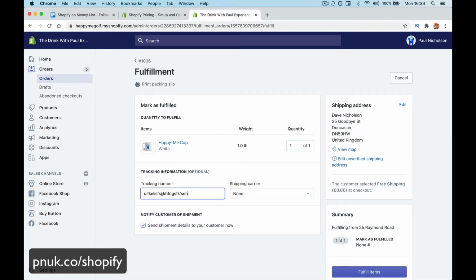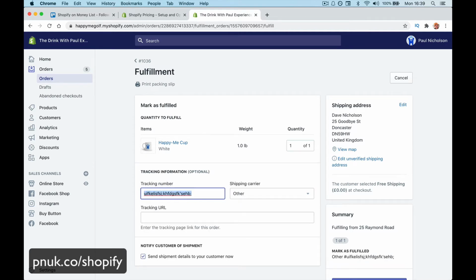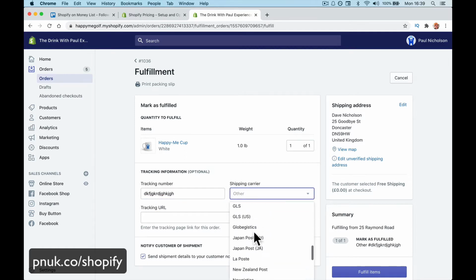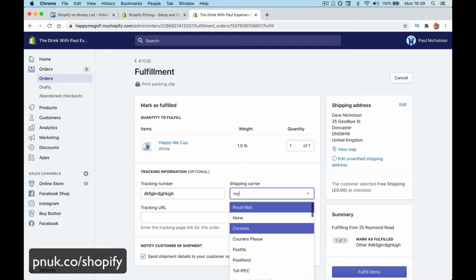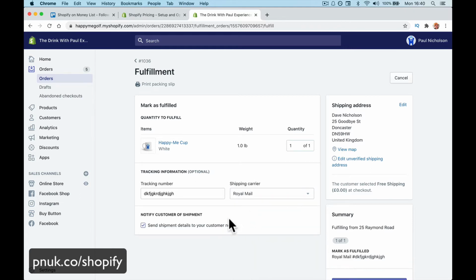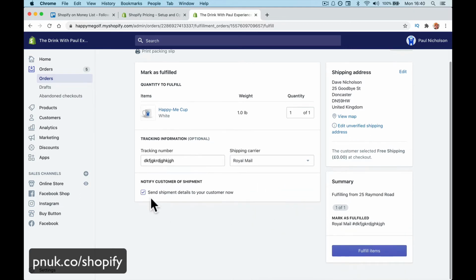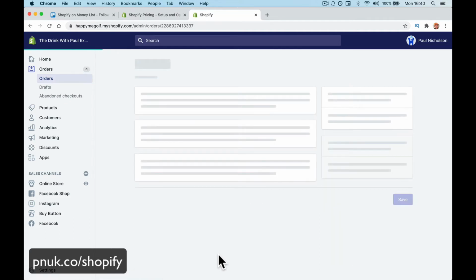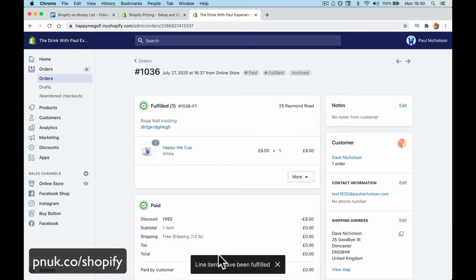Tracking number, whatever. All right, let's do this one. Shipping carrier, whoever sent it. So I might do Royal Mail, and that would need to be a proper thing. And send shipping details to your customer. Right, so you can send that information. Fulfill items, and as far as you're concerned, it's gone, it's sent, the customer has tracking information,